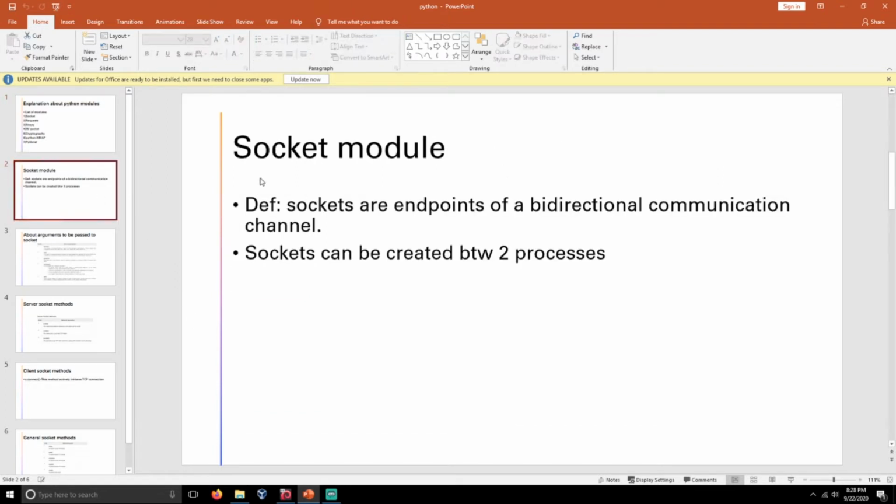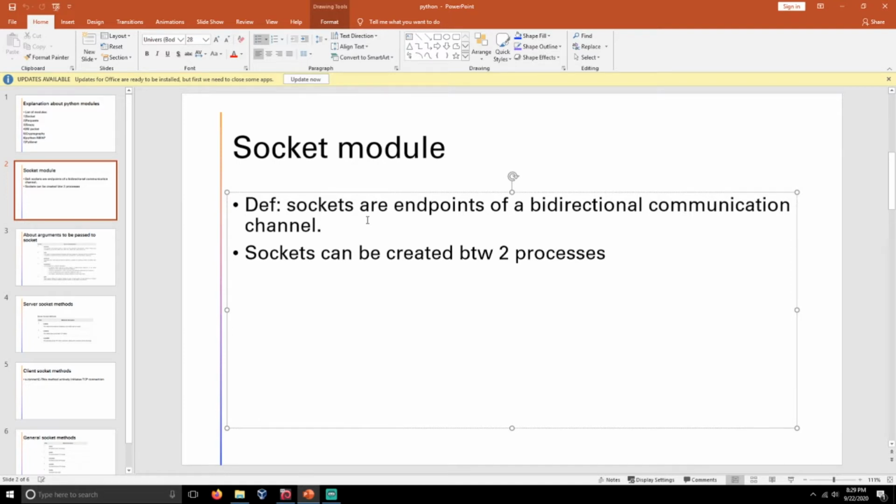About our socket module, what is the definition of a socket? A socket is nothing but the endpoints of a bidirectional communication channel. In simple terms, we can assume that a socket is a composition of local host and local port.